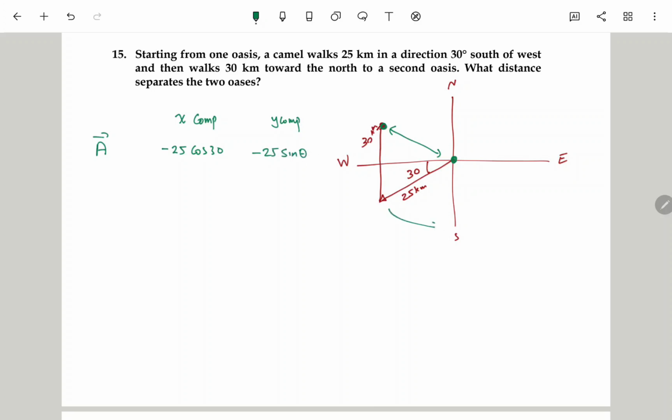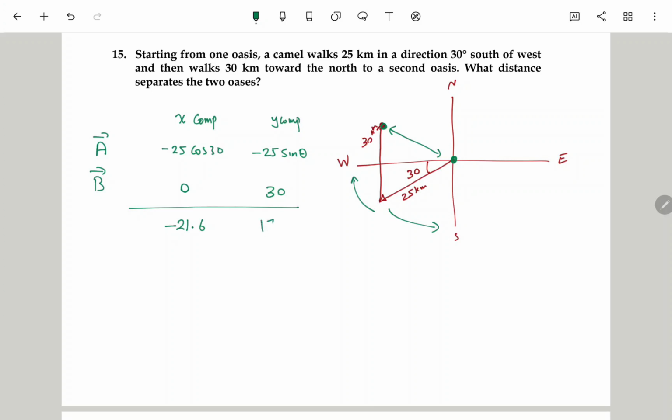Remember, when you analyze this one here, it will be in the negative y-axis, and when you analyze this one here, it will be in the negative x-axis. Vector B, on the other hand, equals 0, no x component for vector B, and actually it's equal to 30 in the y-axis. So you do the math, you will find the resultant vector